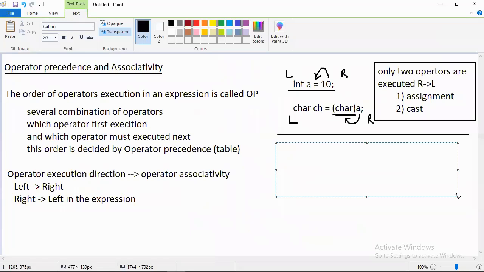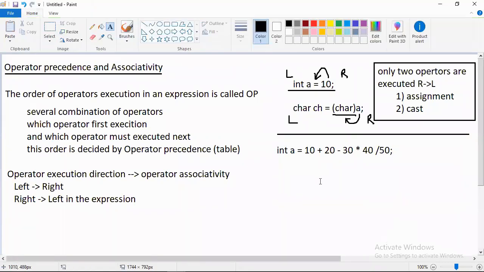What is the meaning of it? For example, if I take int a equal to 10 plus 20 minus 10 plus 20 minus 30 into 40 by 50. If you write a big statement like this, then the plus operator is executed, the minus operator is executed, the multiplication operator, the division operator, all are executed.